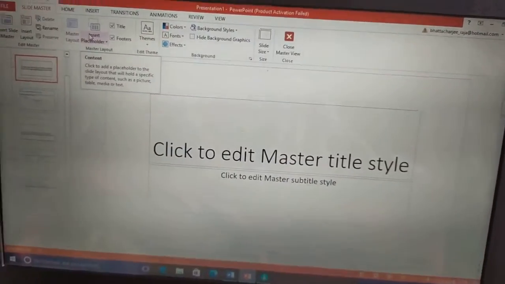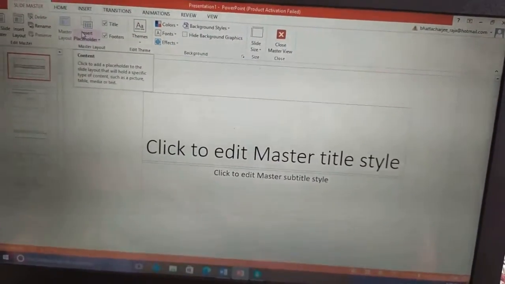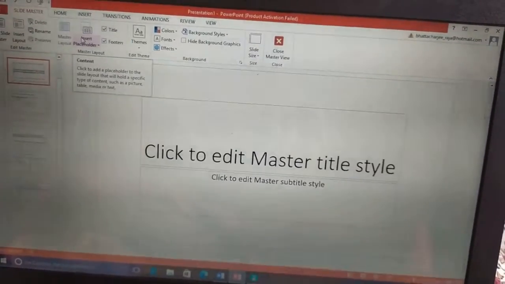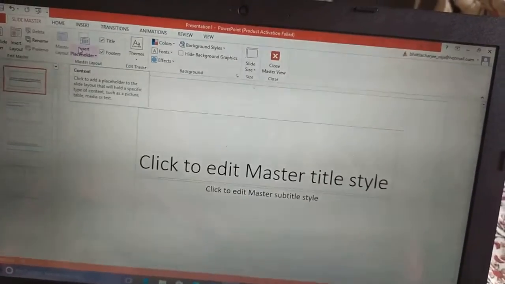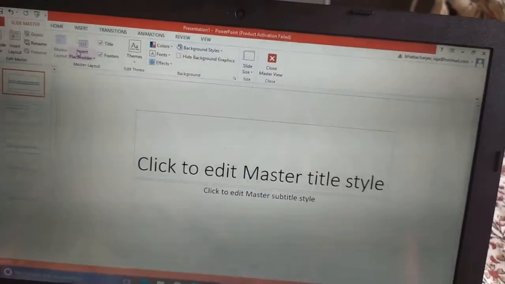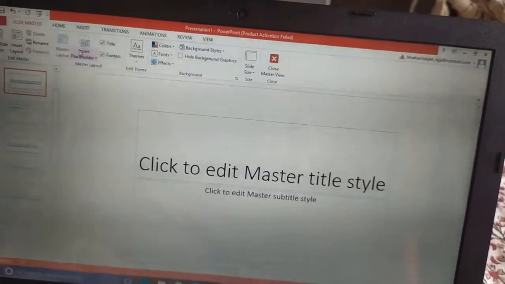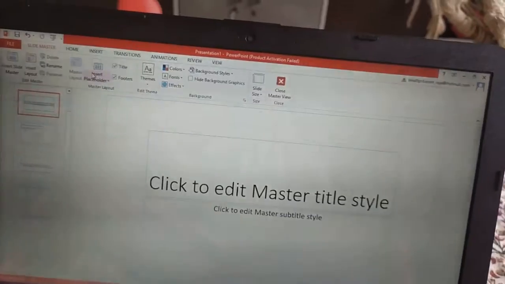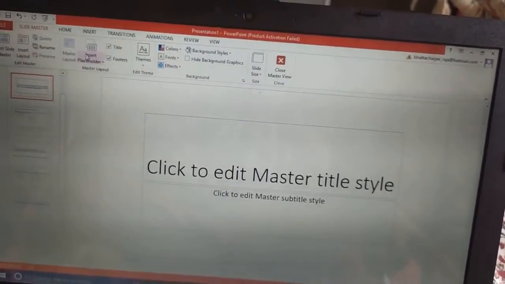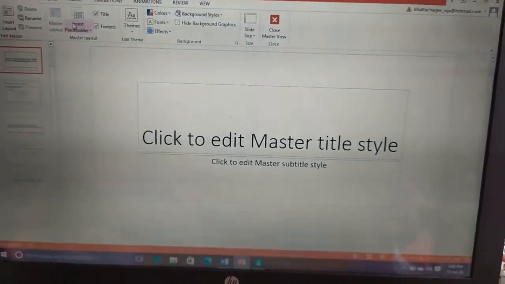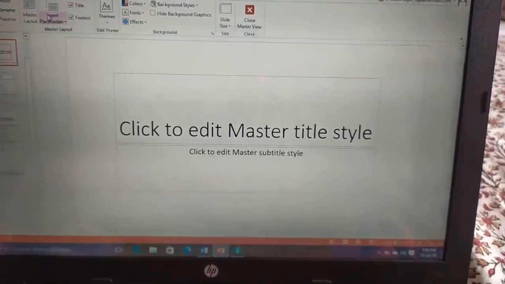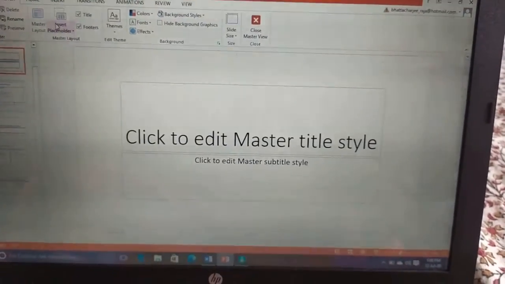After that, click on the Insert tab and click on the pictures in the image group. Select the picture, in this case the logo, and resize it and position it on the slide. You can add, delete the object we want from the slide master very easily. Once we are finished, just click on the Close Master button. You can see the Close Master button is there, this one. And we can see the logo that are all inserted on our slides.